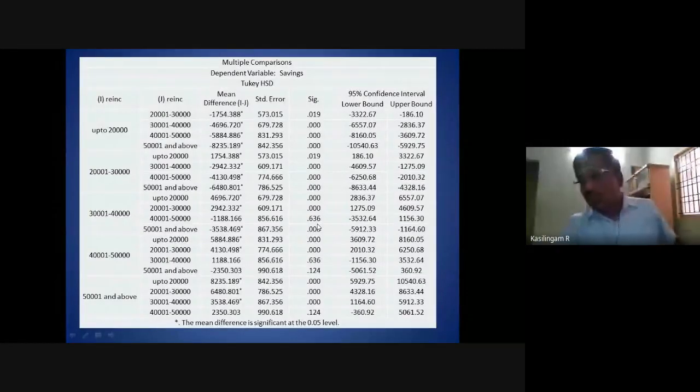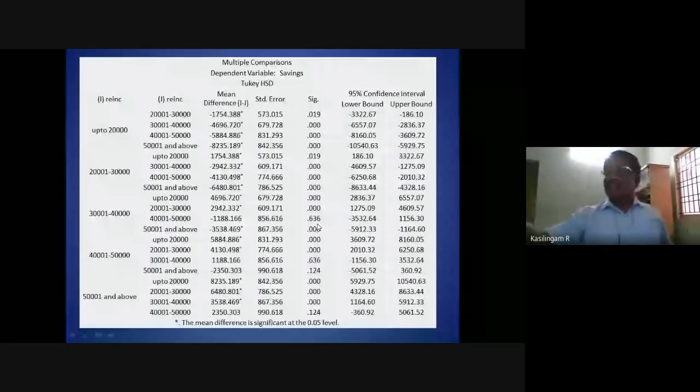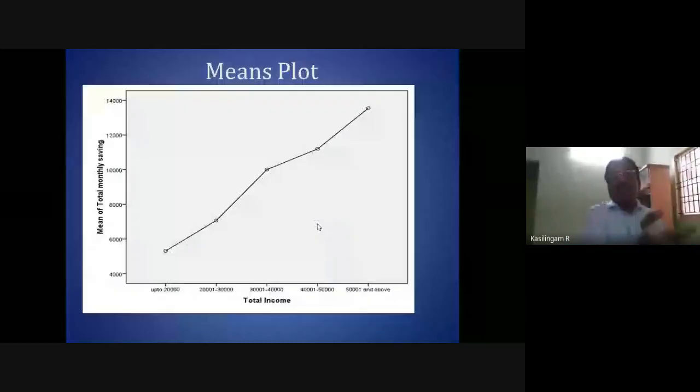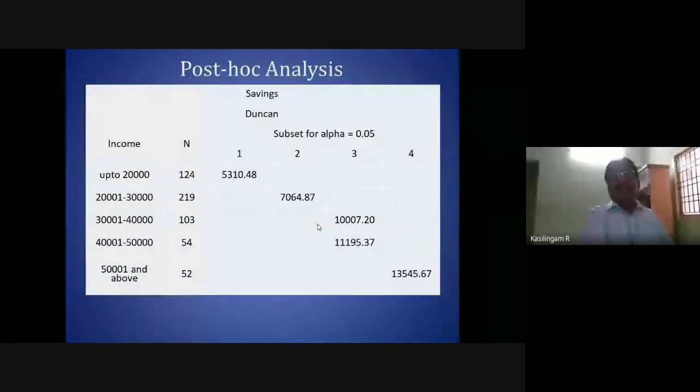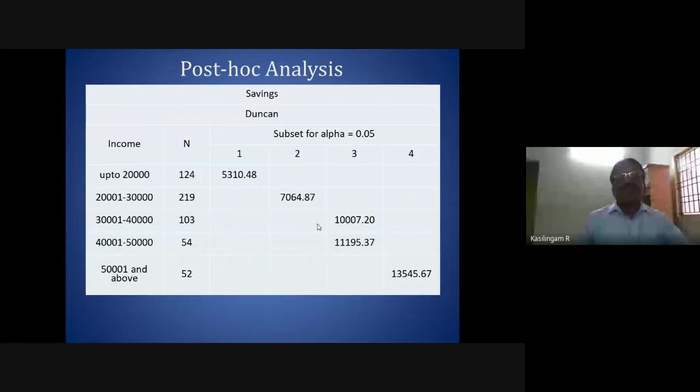The difference between those two means, whether the mean is different or not, significant value, standard error, all. It is a little more sophisticated. But I feel this is easier because at the first stage it will be better, and how many groups we can put in total, that information I want to have. So what you want to know depends upon what you have to use. If you present only one, that is sufficient.